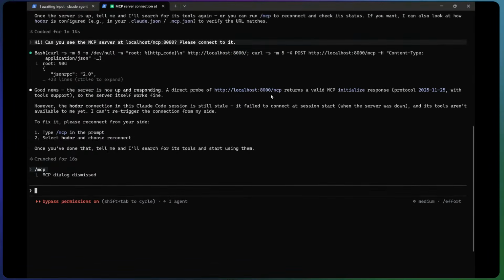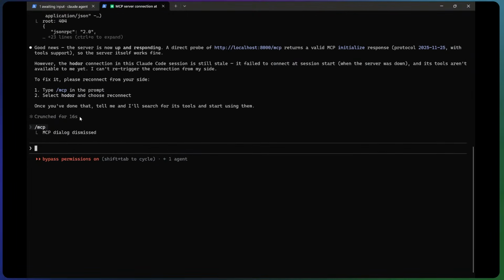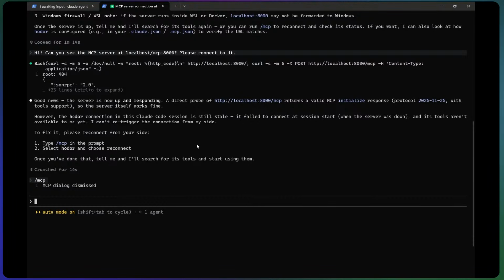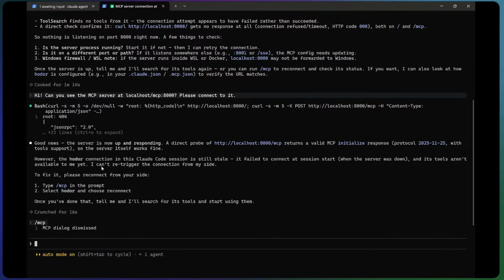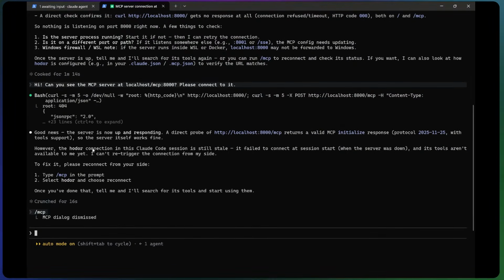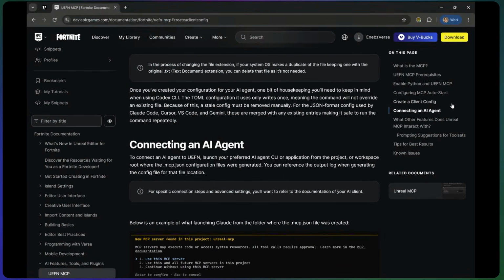No. It is still not connected. Let's see, I think